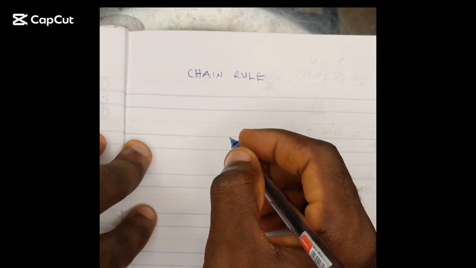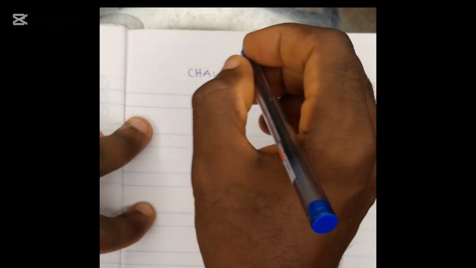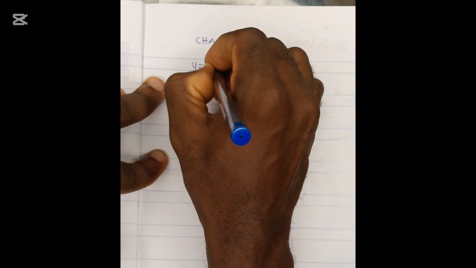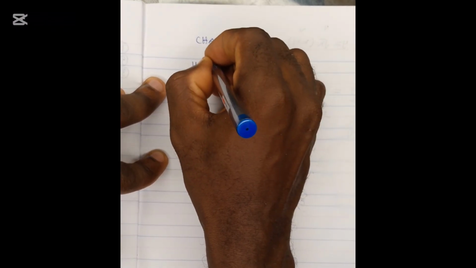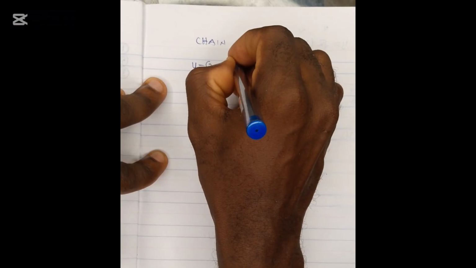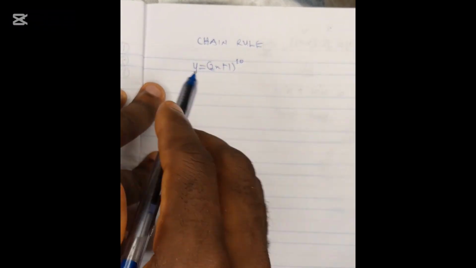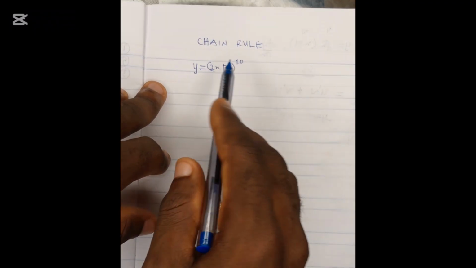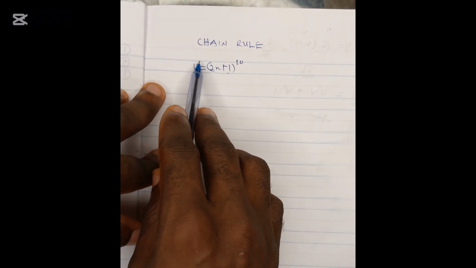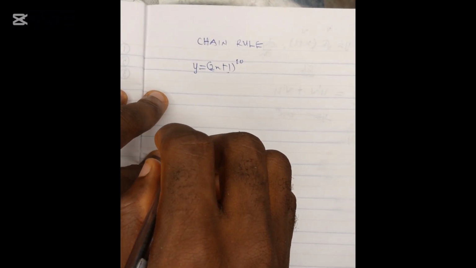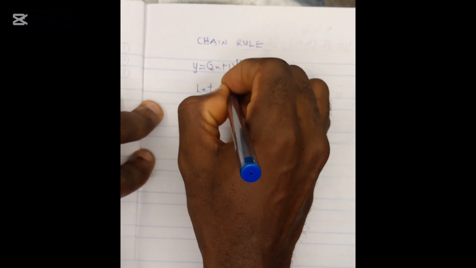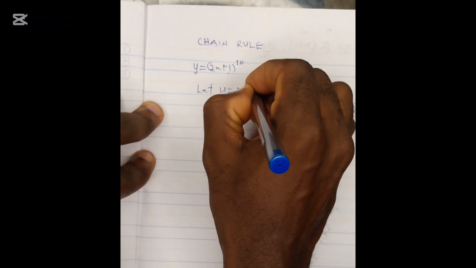The chain rule comes in when there is a function inside of another function. For instance, if we have y is equal to (2x plus 1) raised to the power 10, then 2x plus 1 looks like a function on its own inside of the function y, which has been given to us. So we can say let u equal to 2x plus 1,